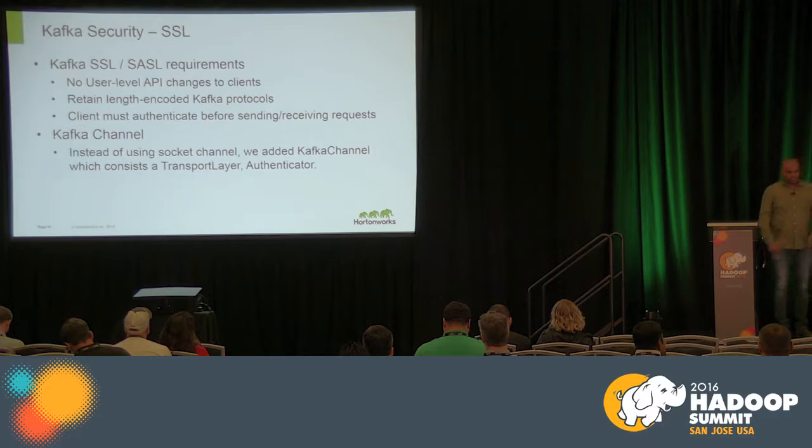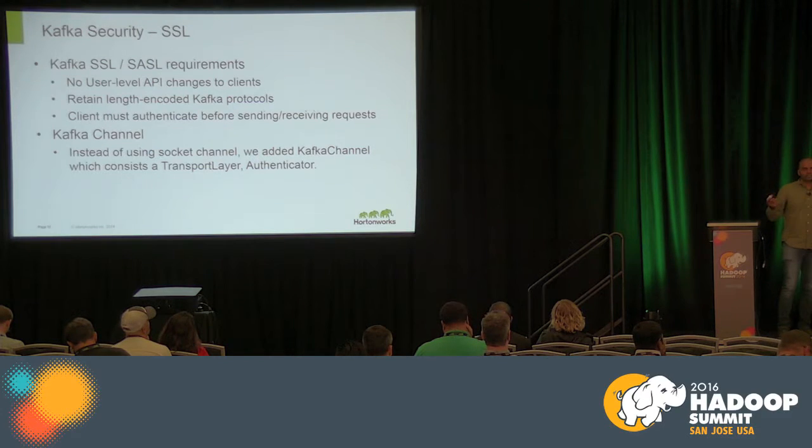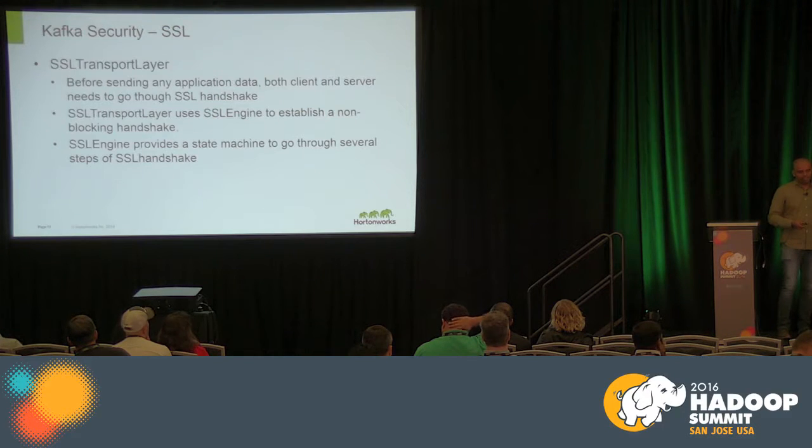And the last one is the Kafka channel. Right now, if you look at it before adding security, what we have is a socket channel. It's a simple Java socket channel. You open a socket channel, you connect to the other port, and you start sending and reading bytes. So what we did is have a